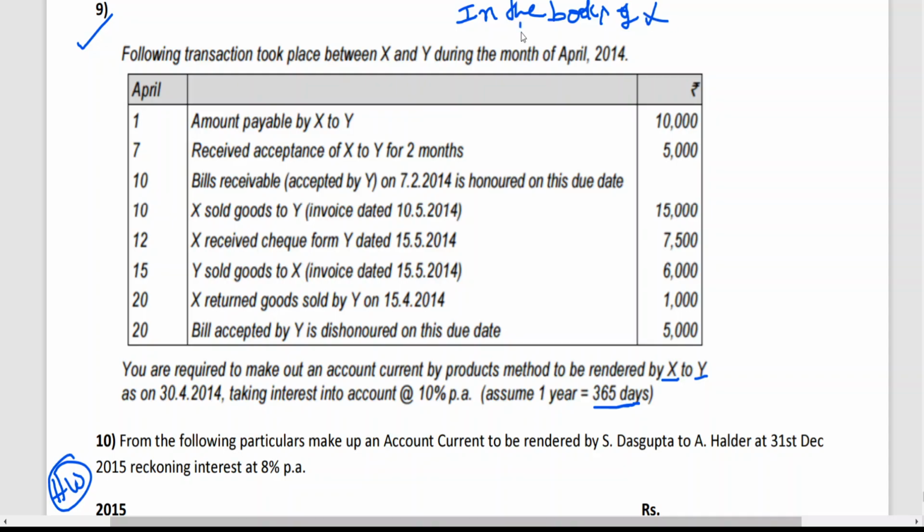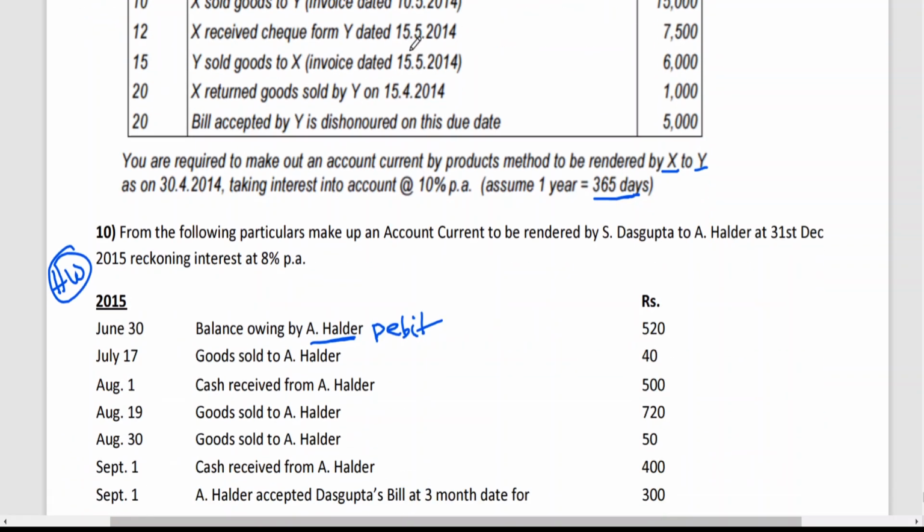In the books of X, which account are you opening? Y account. Come on, tell me. Amount payable by X to Y means amount due to Y. Amount due from Y means debit balance. Amount due to Y means credit balance. So,